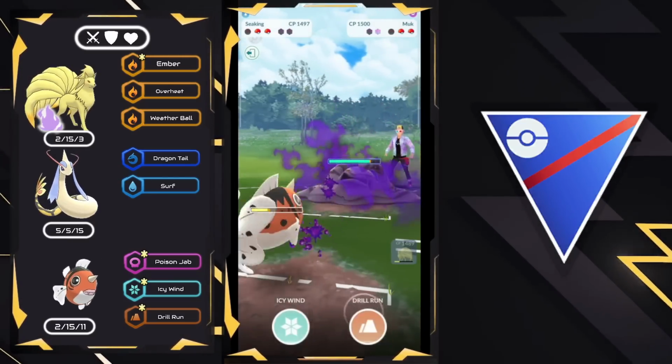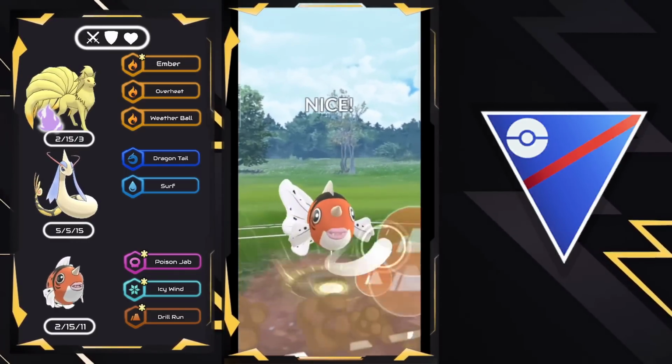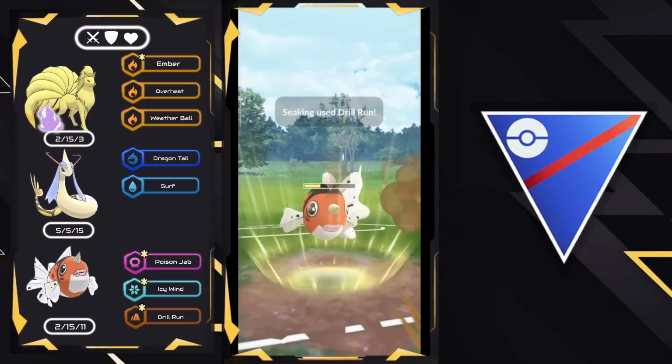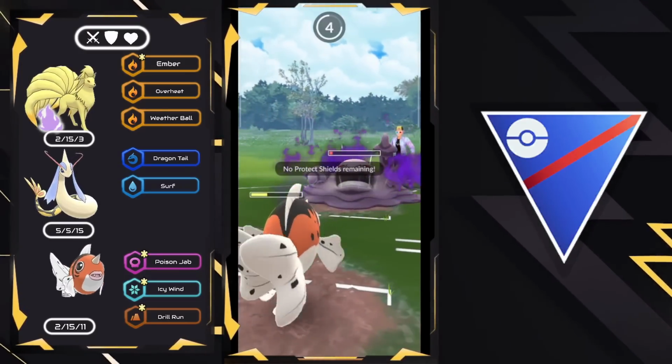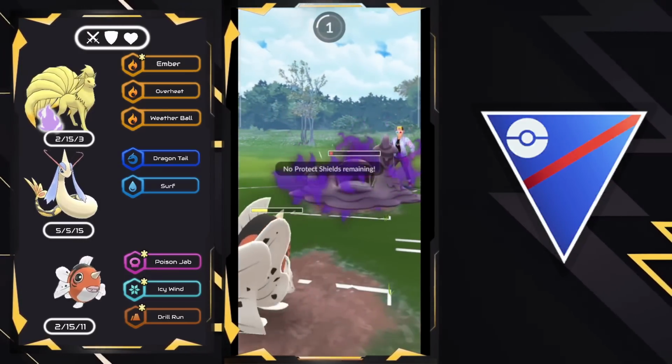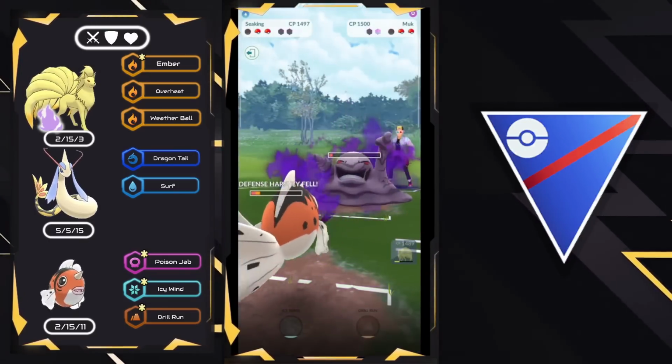So this is interesting right here because now I'm just going to go straight Drill Runs. I think my lose con is going for Icy Wind, and they no-shield. So Drill Run is the guaranteed move, and they no-shielded it. Pretty surprised, if I'm being honest. I think I may have gotten into their head. Maybe they could also not be aware that Seaking does have